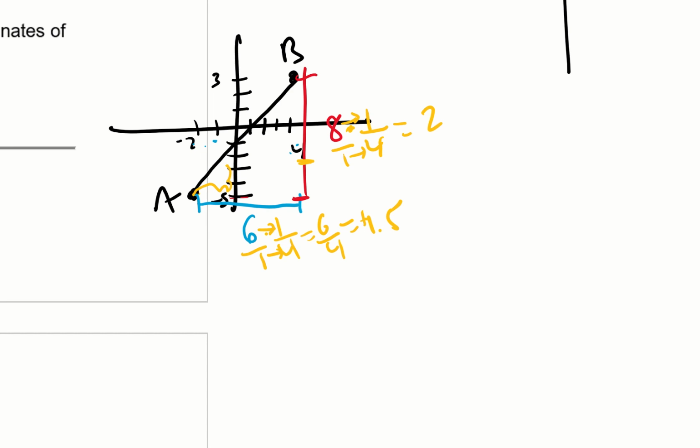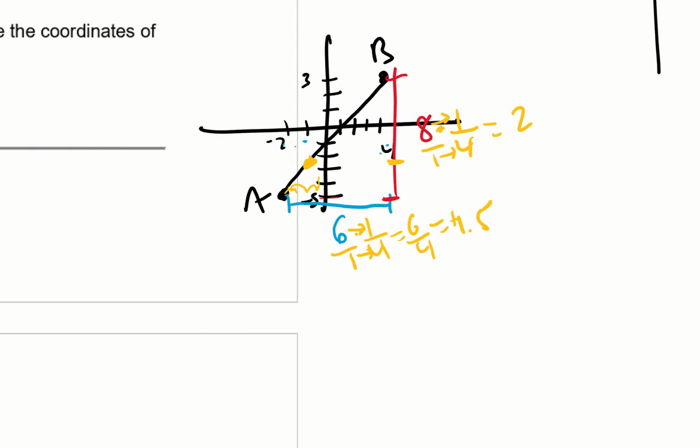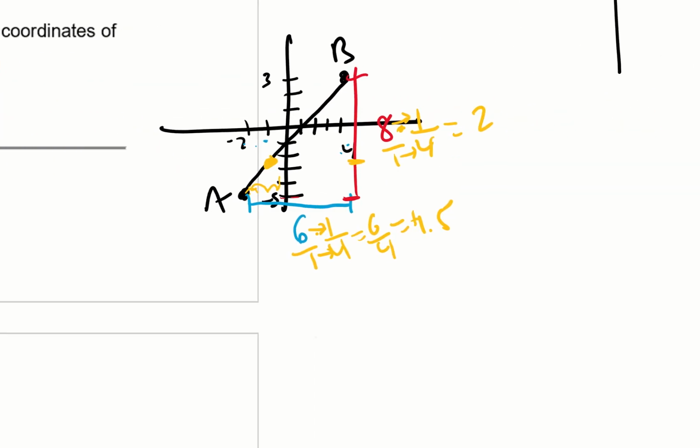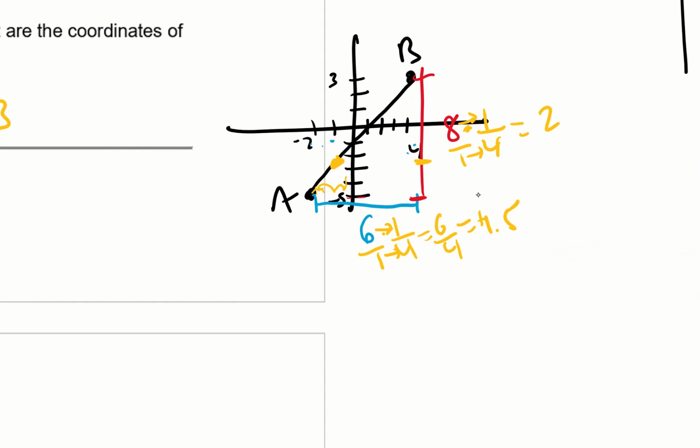So let me try that again. So we're at the -2, 1.5, and then go up 2 units, and it's going to be somewhere around here. It's going to be around here somewhere. So the coordinates of C are, let's go ahead and write the coordinates of C, are you start at A,